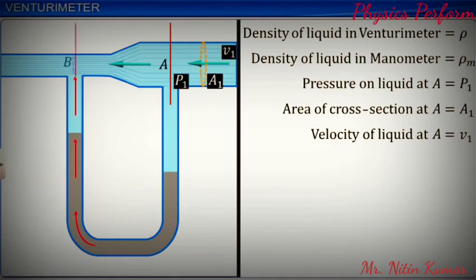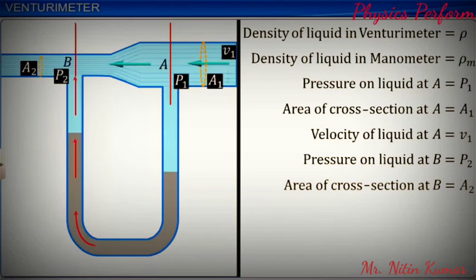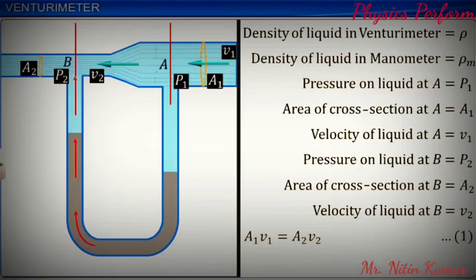Consider a point B on the constriction. Let P2 be the pressure on the liquid, A2 be the area of cross-section, and V2 be the velocity of the liquid at B. According to the equation of continuity, the total mass of the liquid going into the tube through any cross-section in a given time interval should be equal to the total mass coming out of the tube from any other cross-section in the same time interval. Let m be the mass of the liquid element crossing per second through any section of the tube. Since the time considered is 1 second,